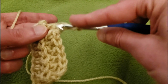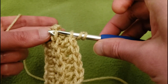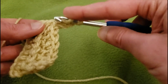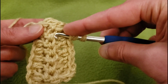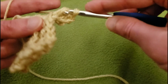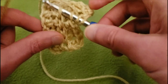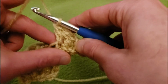yarn over, go through the front loop and the loop down below, pull through 2, through 2, through 2, yarn over, next stitch, and that loop down below, through 2, and 2, and 2, yarn over, next stitch, loop down below, through 2, and 2, and 2, yarn over,